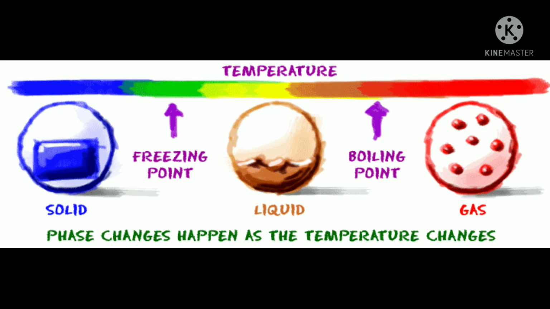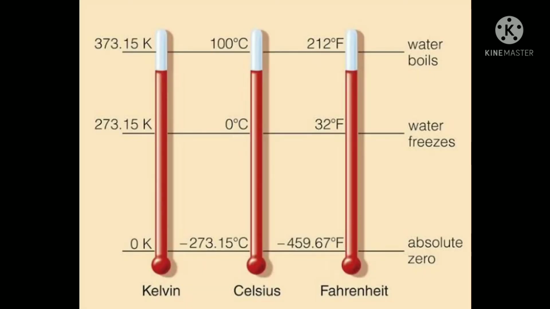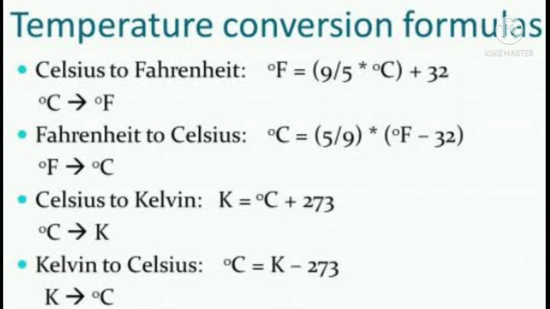So to measure this effect, we use different units of temperature, which can be Kelvin, which is taken to be the standard temperature, degree Celsius, which is taken normally, and Fahrenheit, which is generally used in the medicinal field. We have absolute zero temperature at 0 Kelvin, and water will get frozen at 0 degree Celsius and water boils at 100 degree Celsius. These are the three units which we must know, and how to interconvert these temperature units.